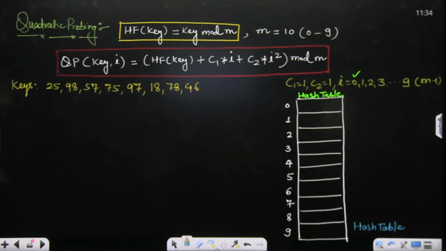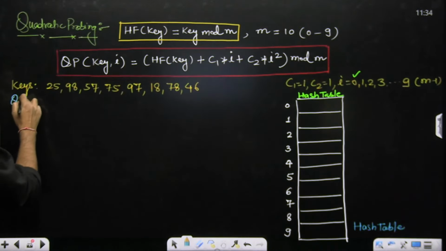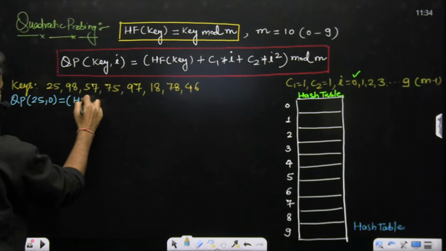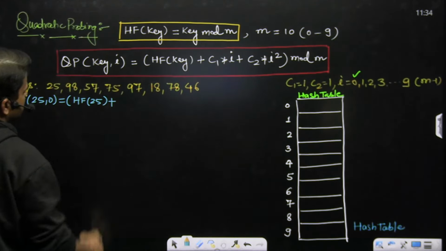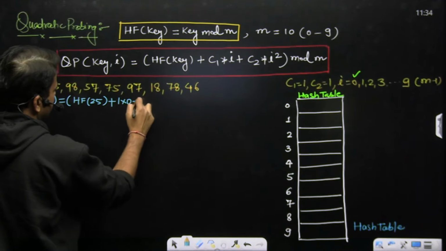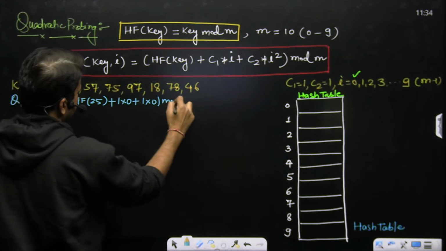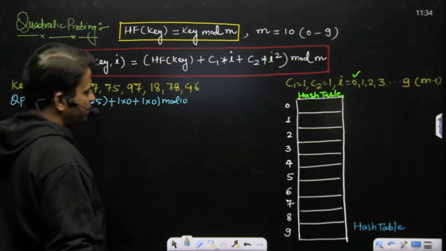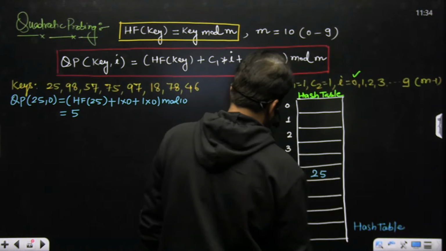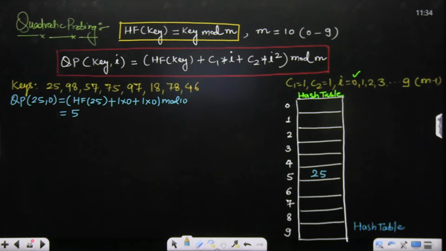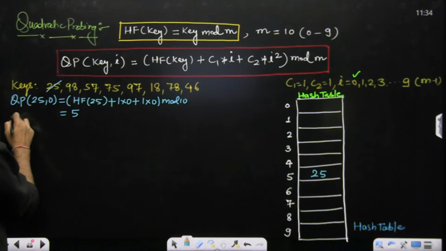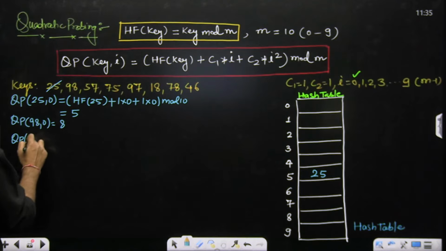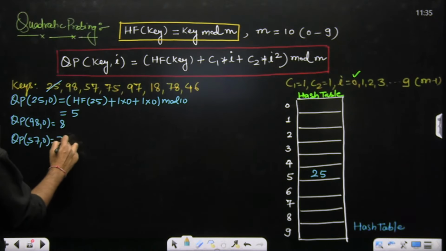तो चलिए स्टार्ट करते हैं। क्वाड्रेटिक प्रॉबिंग 25,0 बच्चे। सो 25,0 इक्वल्स टू HF 25 प्लस C1 कितना है बच्चे 1 इंटू आई कितना है 0 प्लस 1 इंटू 0 मॉड ऑफ 10। सो ये क्या रिजल्ट देगा बच्चे, आप निकालेंगे, ये क्या आ जाएगा सर 5। सो 25 स्टोर एट दिस 5 इंडेक्स। ओके, सिमिलरली सर 25 डन हो गया।